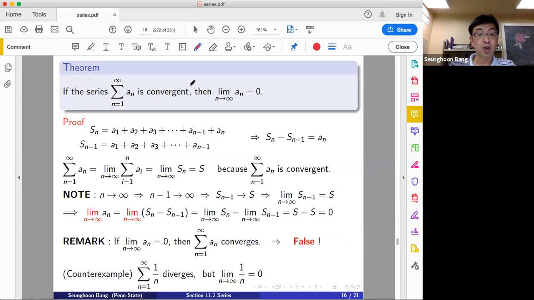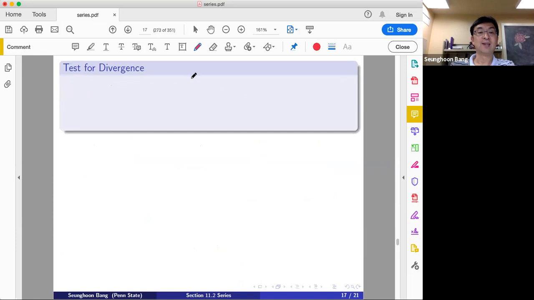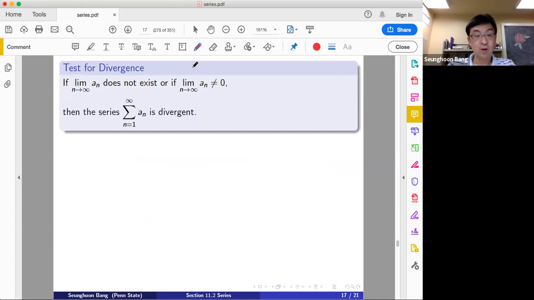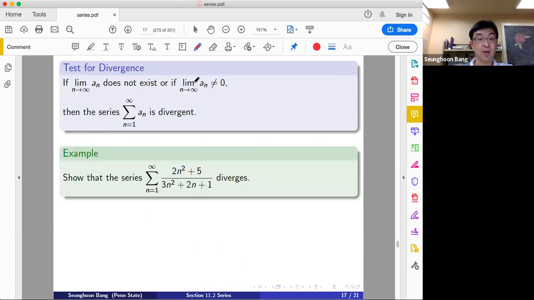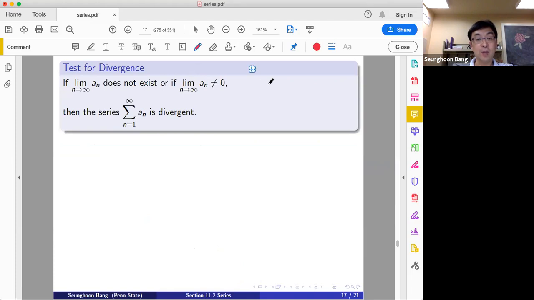So you can use contraposition, like logic things. We have this result: the test for divergence. If the limit of a_n does not exist, or the limit of a_n is not equal to 0, what is the answer? The series is divergent. Divergent, right? So what does it mean? One example is like this. We have an assumption: the limit as n goes to infinity of a_n, the sequence, is going to 5. The question is to find